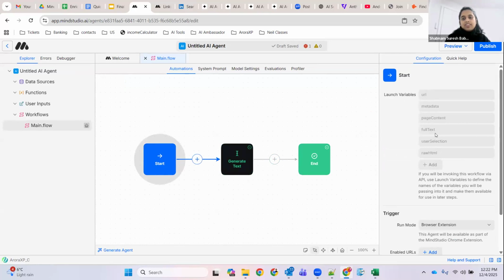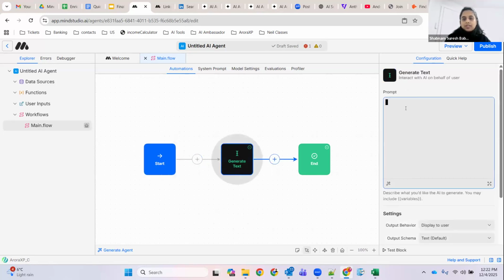That means that every page that I can see on the browser, the agent will also be able to see. These are some standard variables that come along: the raw HTML, meaning how the page is rendered, the page content, metadata, the URL, user selection, etc. For now, I'm going to use this variable to extract the quick facts from that content.